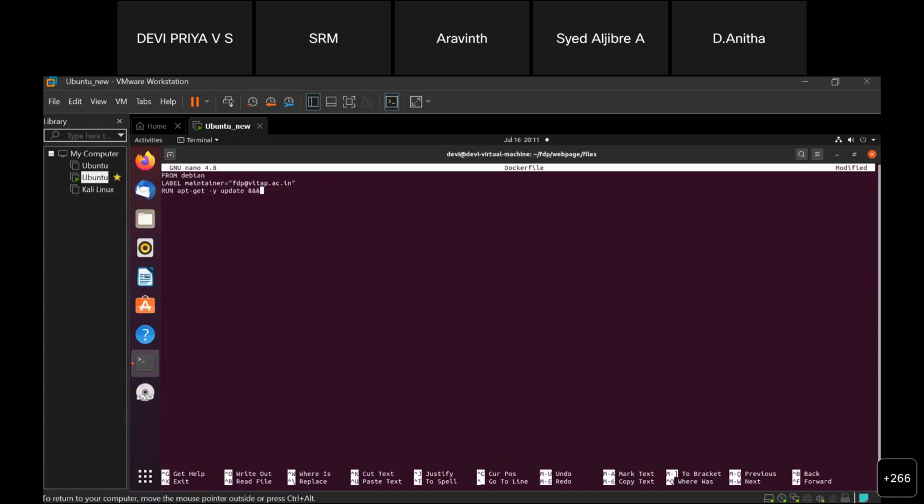You can use the and symbol for chaining multiple commands along with the RUN. You can also use EOF heredoc commands for multiple RUN commands. So here I am using only simple commands. So apt-get, I am installing Nginx. This command will tell Docker to update and install Nginx server. And then we have some default files which should be copied to the Nginx server. For that, I am using the COPY command.